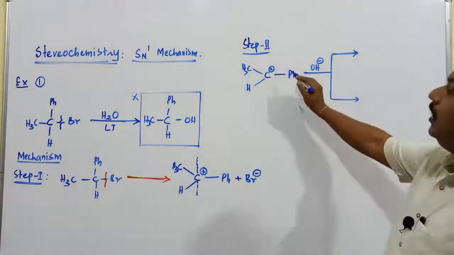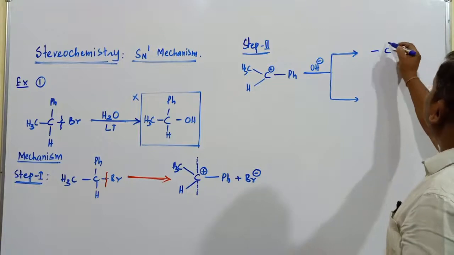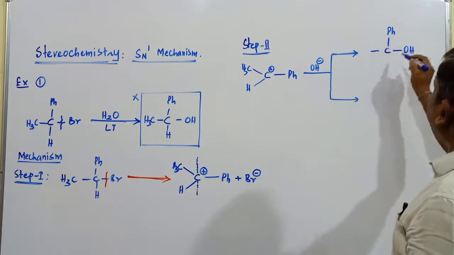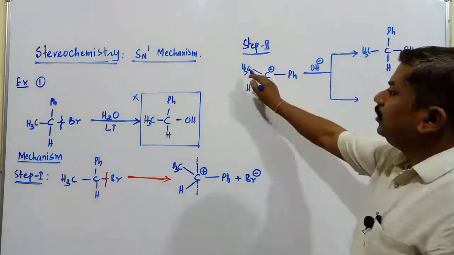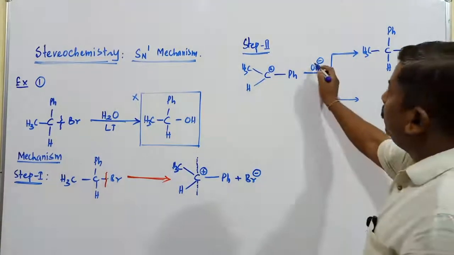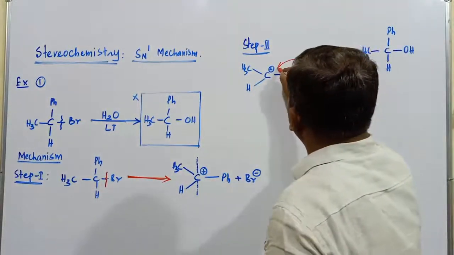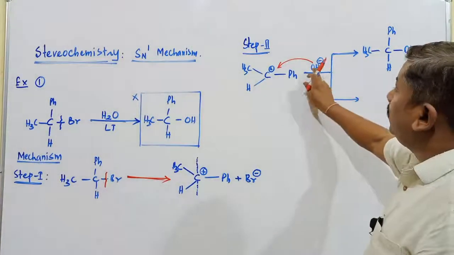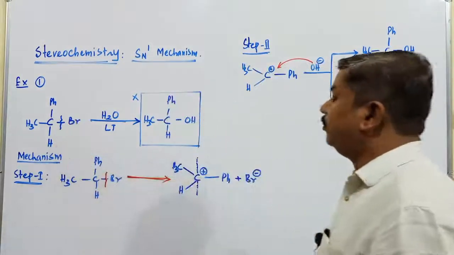When the nucleophilic attack takes place on the corresponding carbocation, what type of product is possible here? This is the OH group. Next one is going to be hydrogen. This is the methyl group, which I have mentioned here. Hydrogen is also present. This OH minus attacks on this particular carbon atom. How does this OH minus attack on this carbon atom?